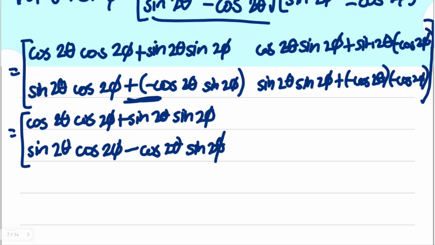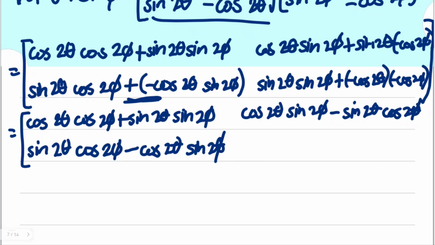Next, at the top, you will have here cosine twice theta, sine twice phi, then minus, that's negative times positive, sine twice theta, cosine twice phi. Okay. At the bottom, you will have here sine twice theta, sine twice phi, now positive cosine twice theta, cosine